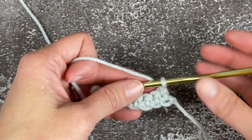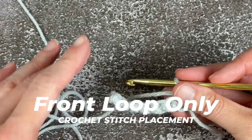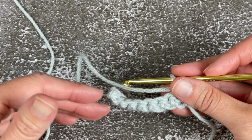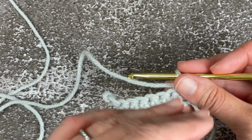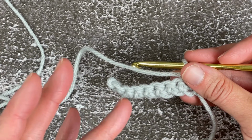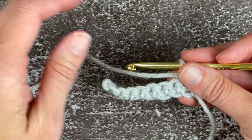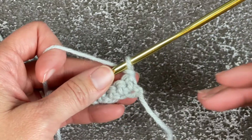All right, guys, let's go ahead and dive right into the first one, which is working a front loop only stitch. All right, let's talk front loop only. Now, whenever we say front loop only, that is more regarding where we are putting the stitch and not necessarily the stitch itself. So we can use any one of the basic stitches, the single crochet, double crochet, treble crochet, any one of those basic stitches we can use with a front loop only